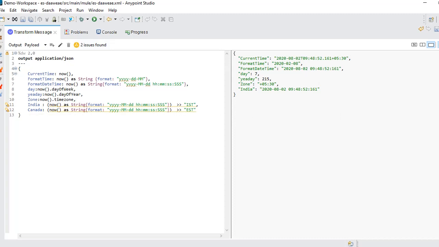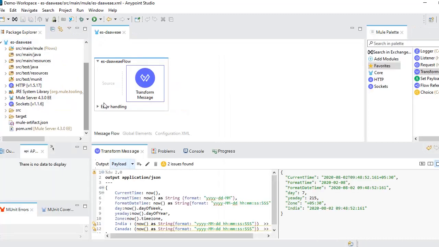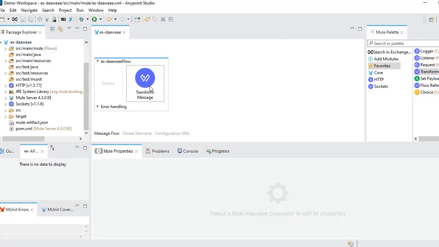It is running the preview, it seems. What happened? This is how DataWeave actually gets stuck. That's why I used that DataWeave playground.